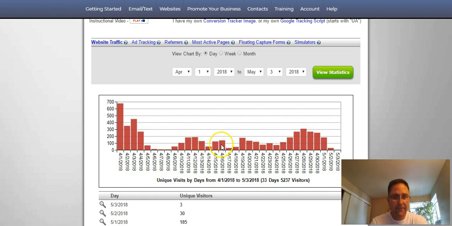And this is most likely from a smaller run of traffic, a paid traffic most likely. I can't remember exactly. And then it dropped off again, but at least it was higher than down here when the traffic run was over. So chances are these are residuals that probably looked at the page during these days and then came back to it. Or most likely it's from a free traffic run, which is either these YouTube videos, the Facebook groups I do,